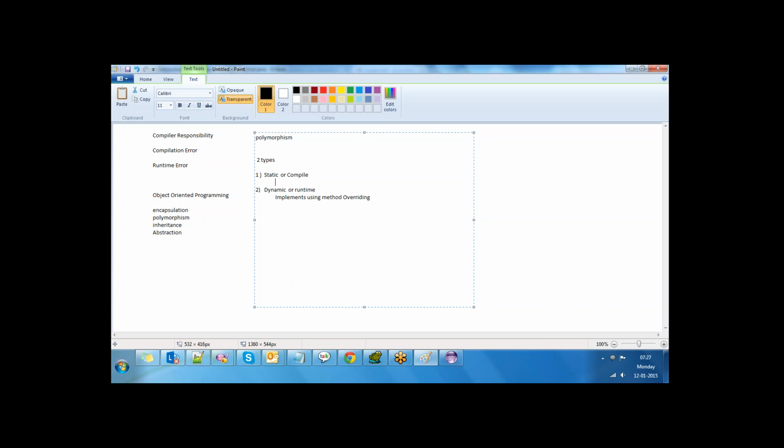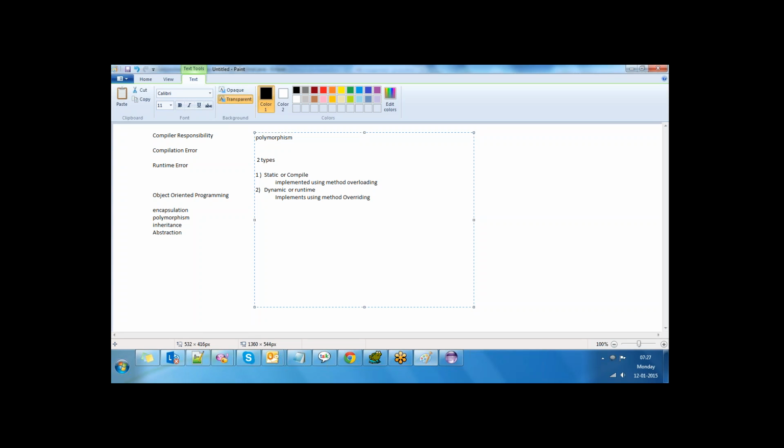Dynamic or runtime polymorphism is implemented using method overriding.